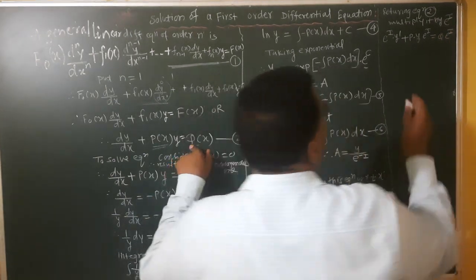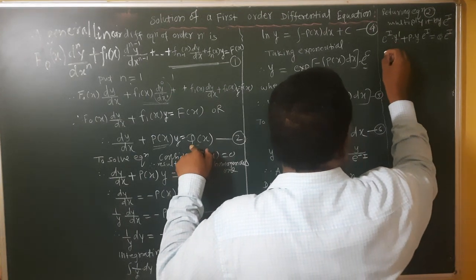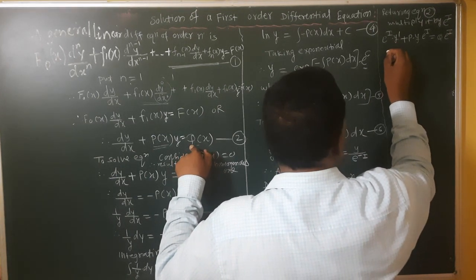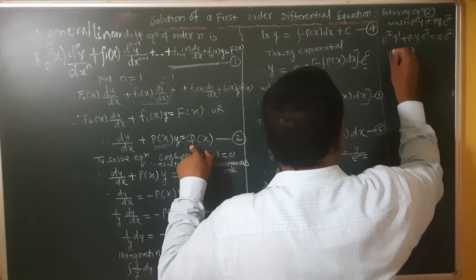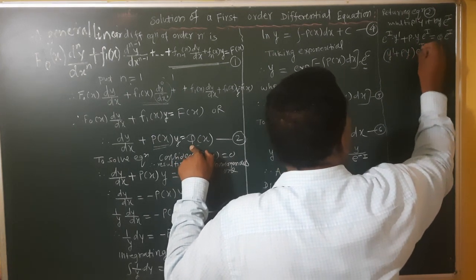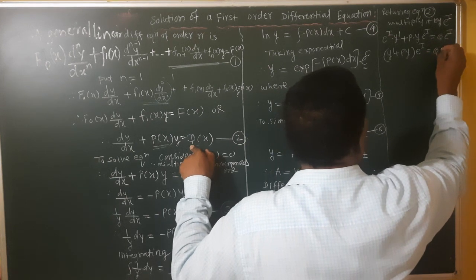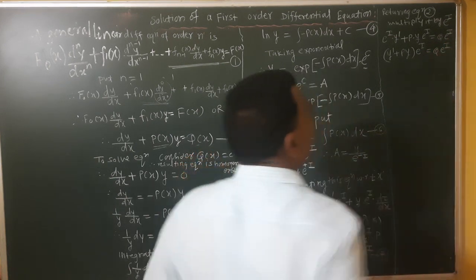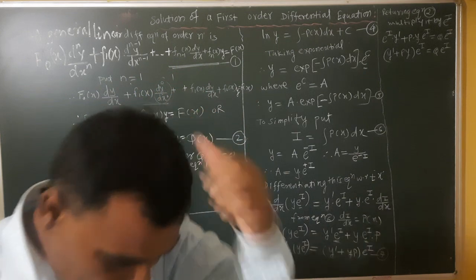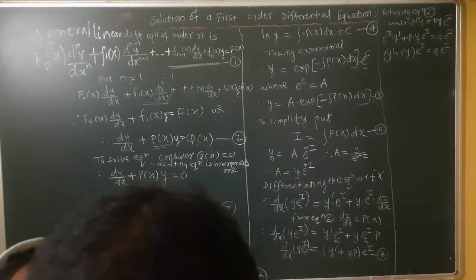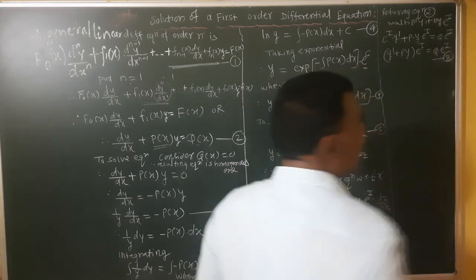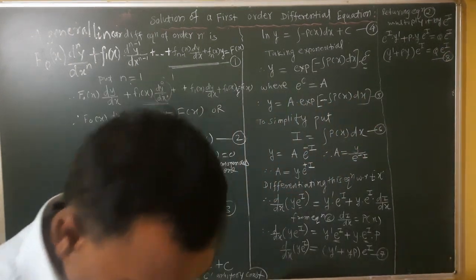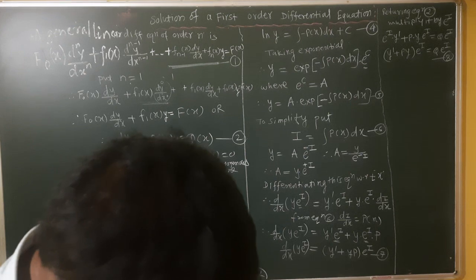Now, what is the common factor here? e raised to I, and it gives y dash plus p into y, e raised to I is equal to q into e raised to I. This is the equation we get here, and this is equation number 8. After that, from equation 7, we have to write